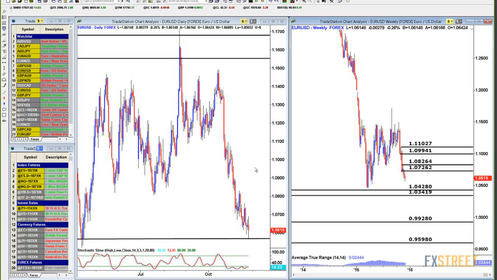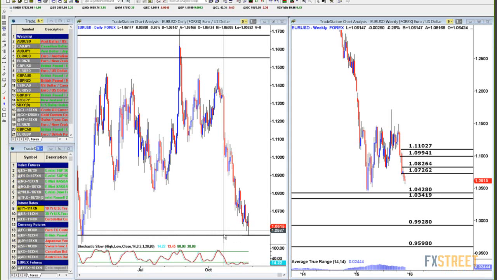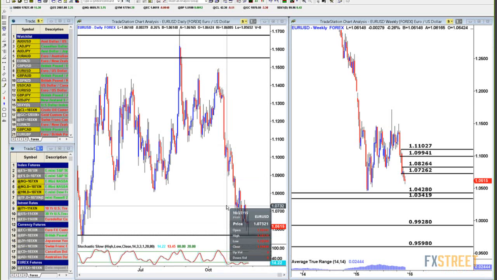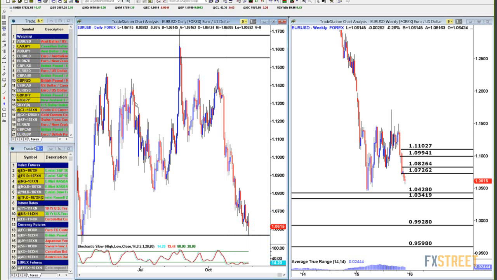And if we do develop a new trend on here, the great thing about it is if we can take out this weekly supply area, we should have an easier run up to 1.1 and then possibly a test back up to 1.13. But again, I'd need to at least see some of these previous daily highs taken out to do it. So if you buy low enough, you're going to have the room that if it fails to take out those highs, you're still going to be able to get a decent profit out of it. Okay? That's kind of what we're looking at with the